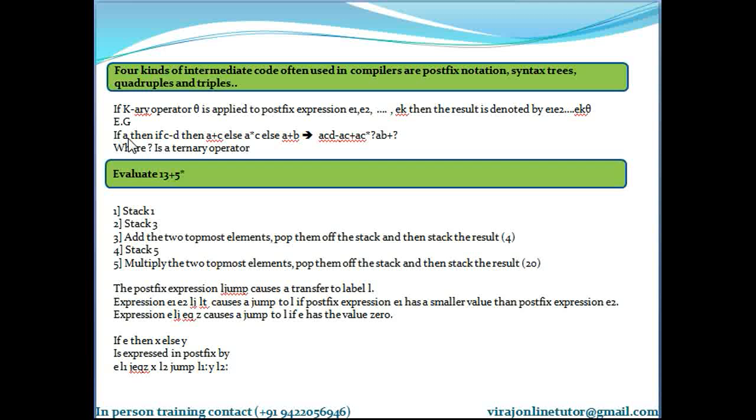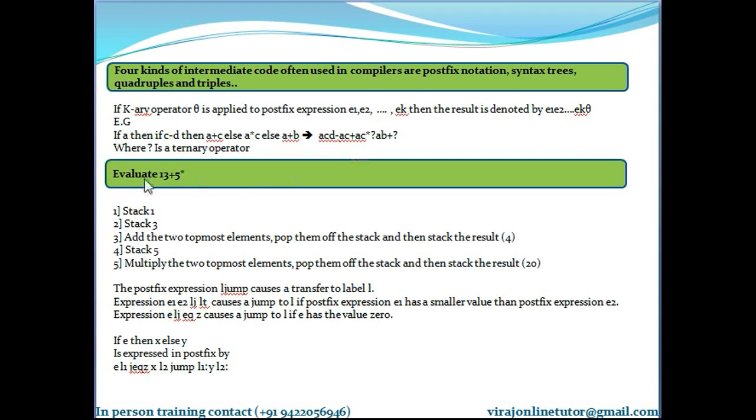If a is true, then it's cd minus, else it is ac plus. And what about this? ac asterisk ab plus. So this question mark is a ternary operator here.